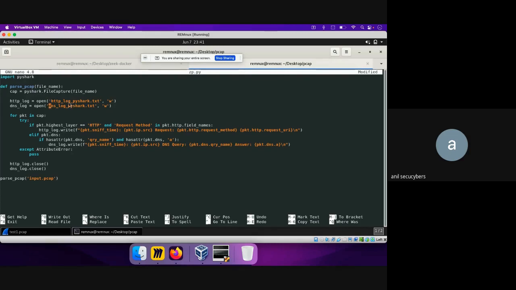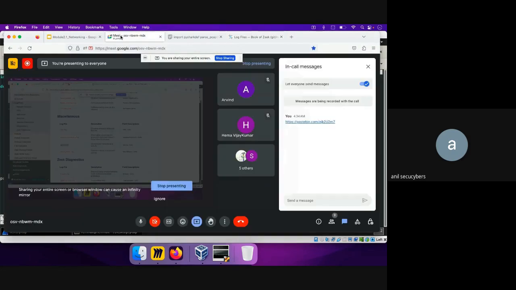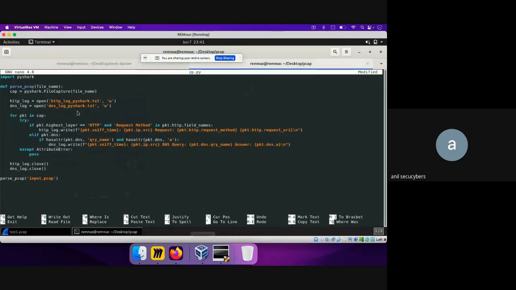So this is how things are going: we are generating the HTTP log and the DNS log. I just want to check if I'm audible. Yes, I'm audible. Now, once we have that parsed captured file in the cap variable, what we are doing is we are going